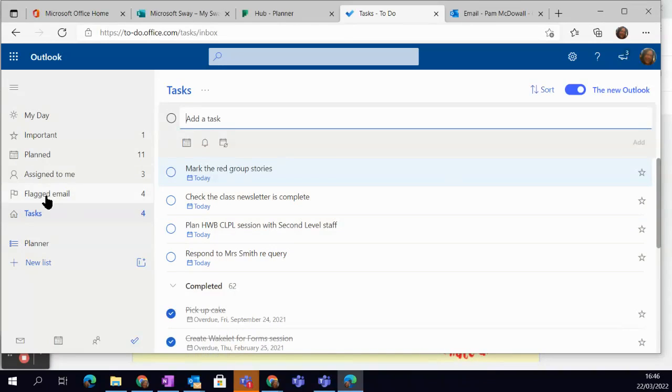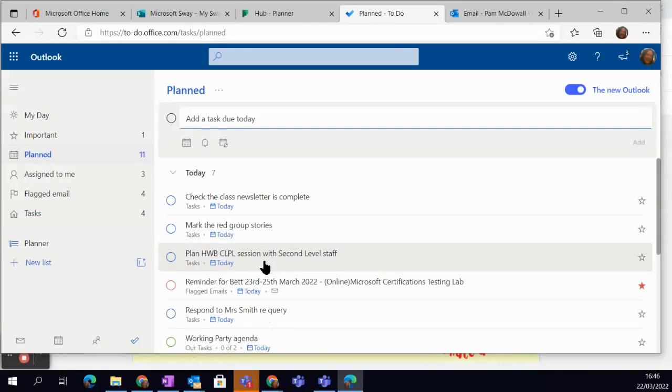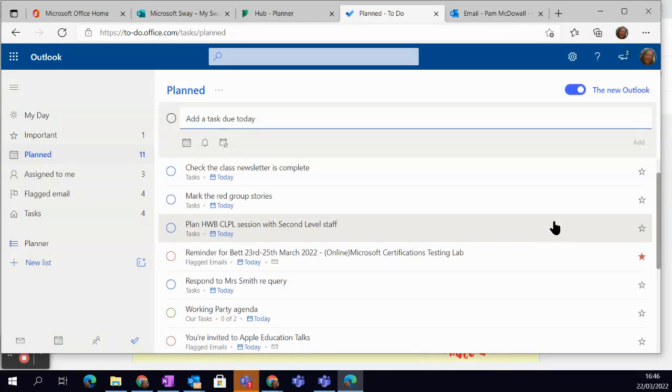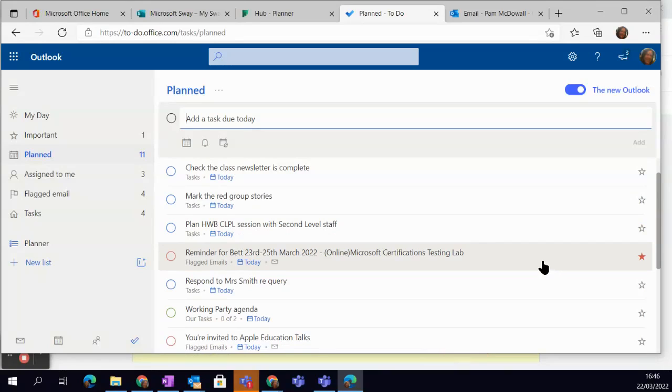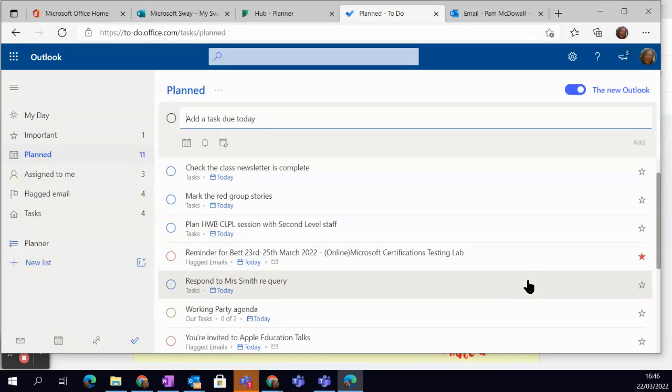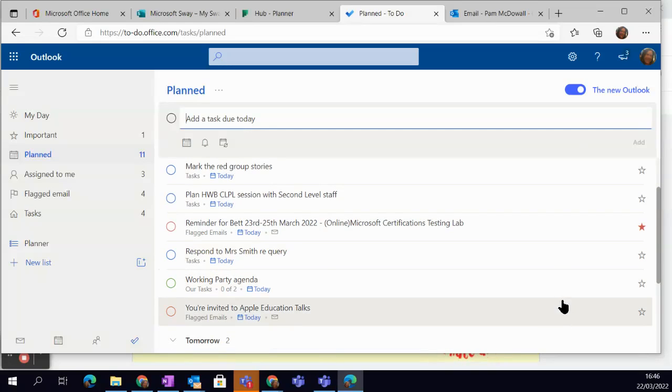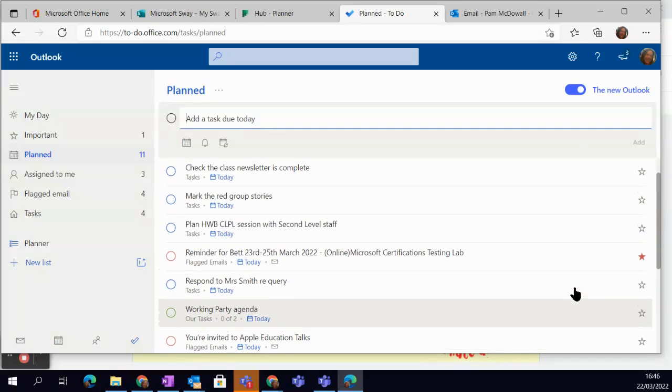So I've got tasks, I've got flagged emails. What is great though, if I click on planned, I see them all together. So I can see for today, right, I've got to check the class newsletters complete, I've got to mark those stories, I've got to plan that CLP session, oh God, I've got to read that email, I need to respond to Jamie's mum. So these are all my tasks in the one place